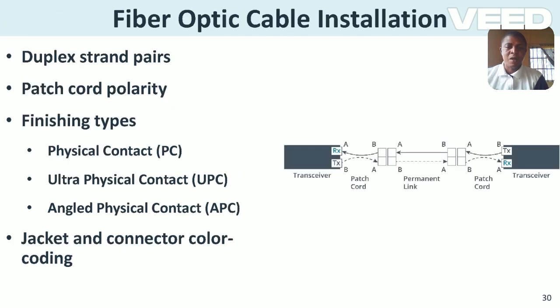So we have the fiber optic cable installations. It makes use of duplex strands, patch cord polarity, and finishing types. We have the ultra physical contact and the angled physical contact, and the jack and connector color coding. So these are the